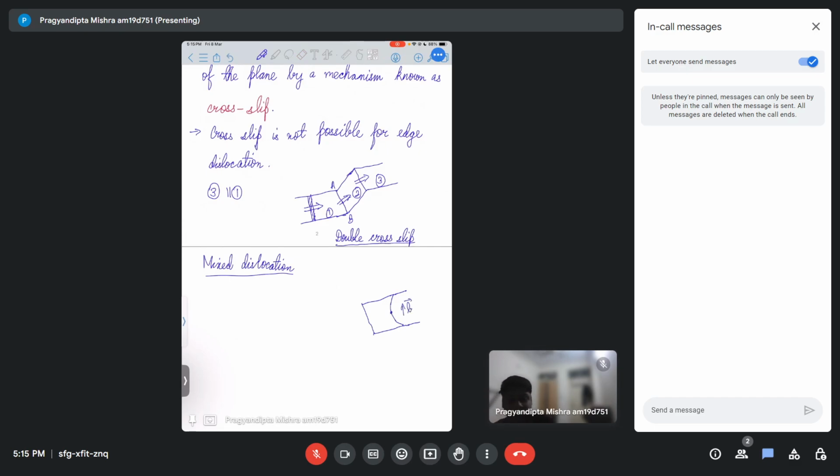So this point, the point that I've marked here, point A, has screw character, while the ends have edge characters. Okay. Now, say this was moving along this direction, and there was something blocking it at point CD, not allowing it to move in that direction. Then once it hits this point,